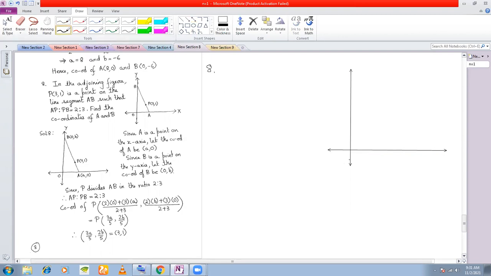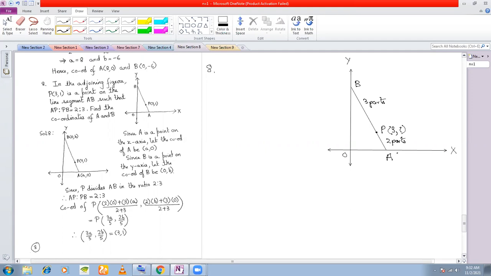Okay. So here, this is the kind of figure that is given. And this is your first quadrant given here in the figure. And you have a line segment here, your point B, your point A. And a point here is given, P, whose coordinates are given to you as (3, 1). Also, what is given to you is that AP is to PB is equal to 2 is to 3. So 2 parts lie here and 3 parts of the length lie here. Right? This is what is given. You need to find out the coordinates of A and B.